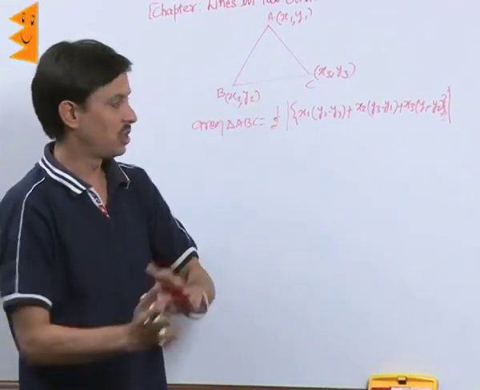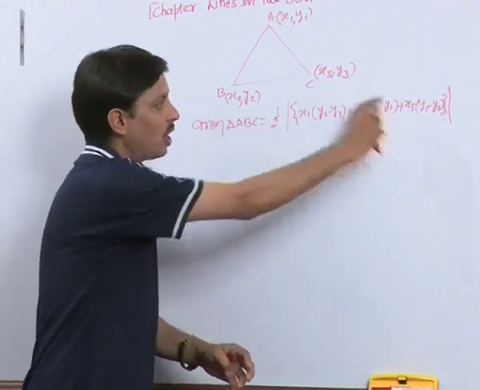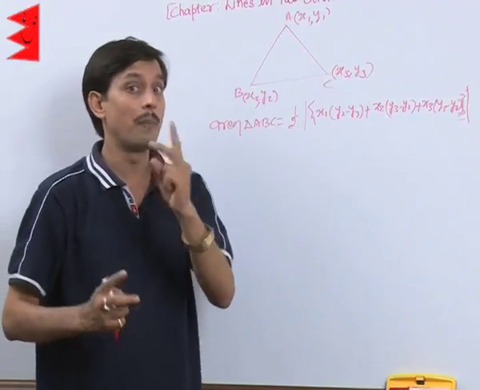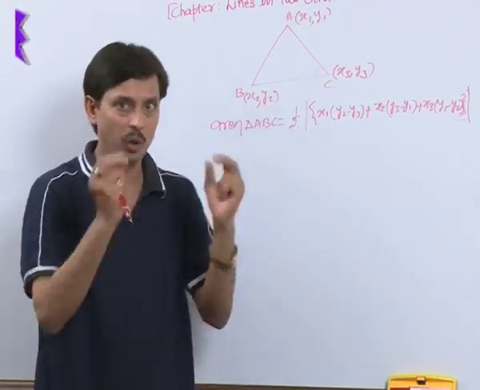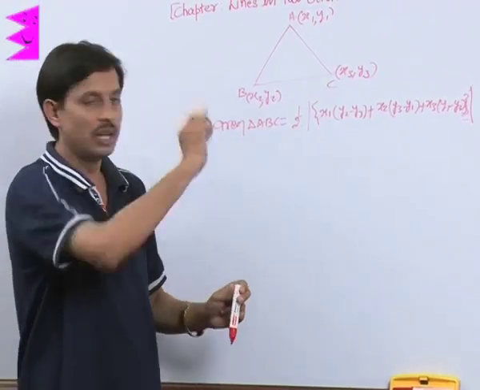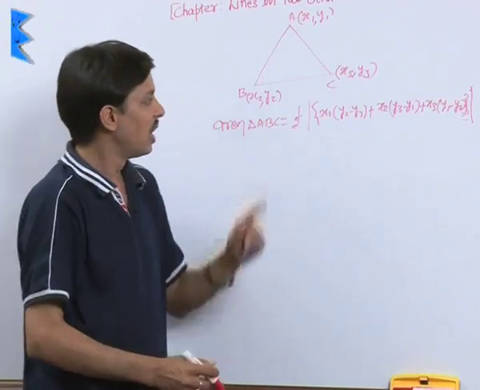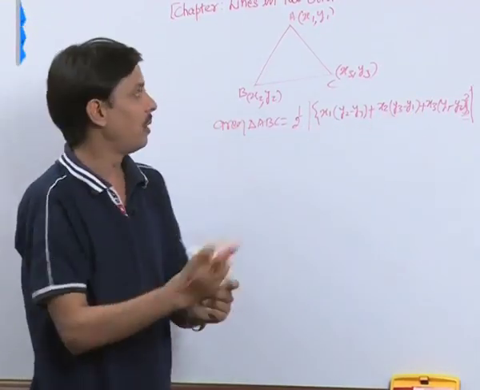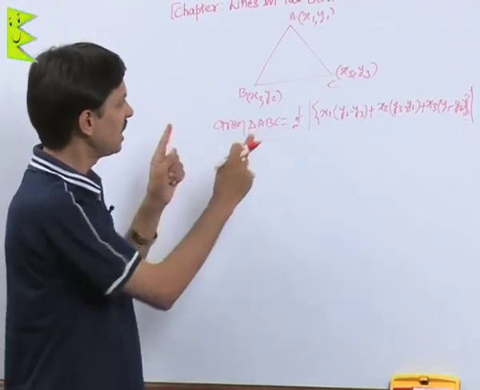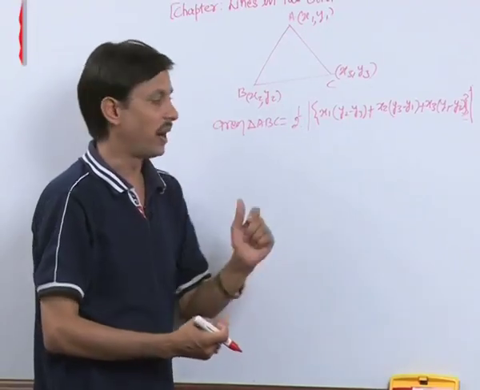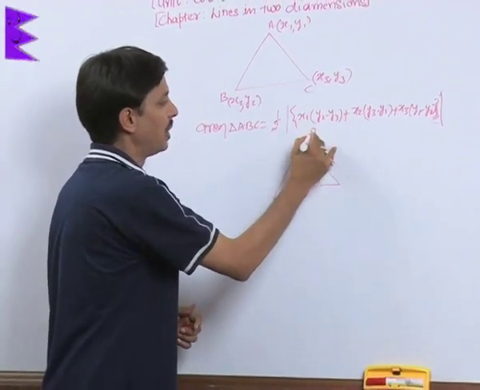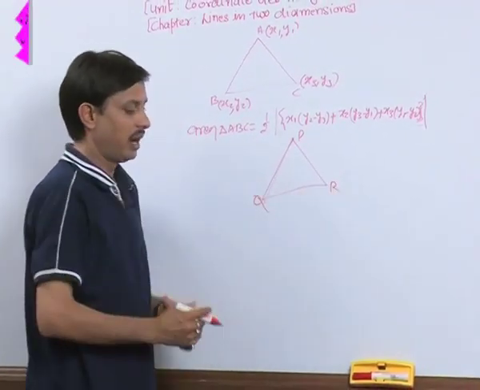First of all, what more use does it have? If the area of any triangle comes 0, it means the points are collinear. So there are two approaches to prove that points are collinear. One, if the sum of the two smaller distances is the same as the third, the largest distance, then they are collinear. Otherwise, if the area of the triangle obtained by using the three vertices comes 0, then also we say the points are collinear.